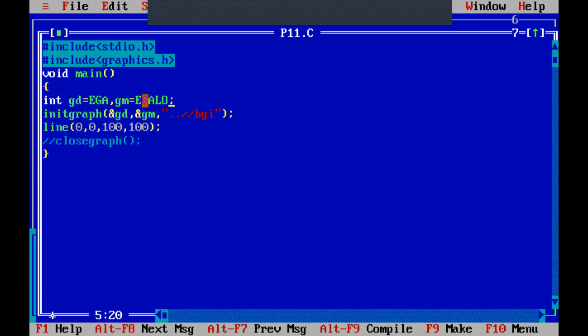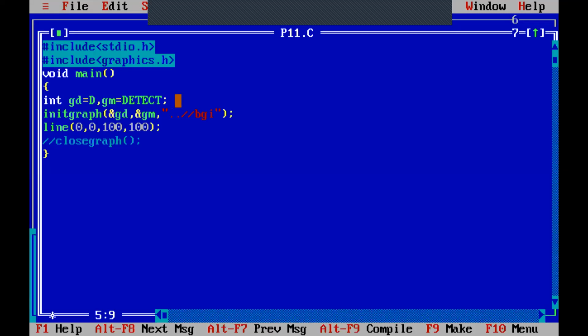So there are different adapters available, and depending upon your version of your computer, it will detect it automatically with the earlier instructions. So I'm going to use the detect again. It will automatically detect the mode and version of your computer for graphics programs.